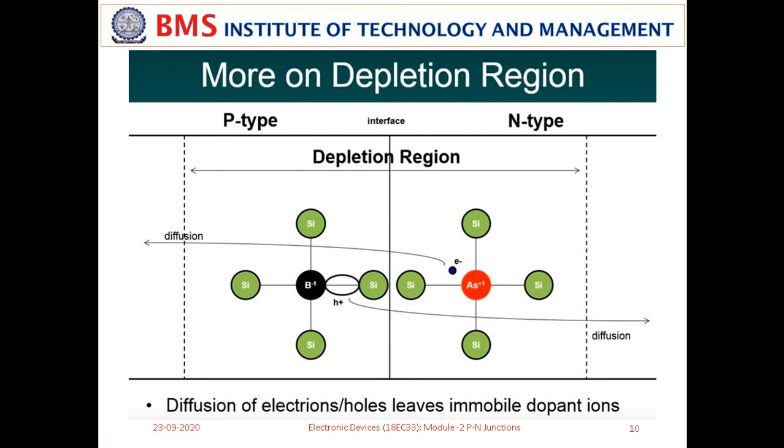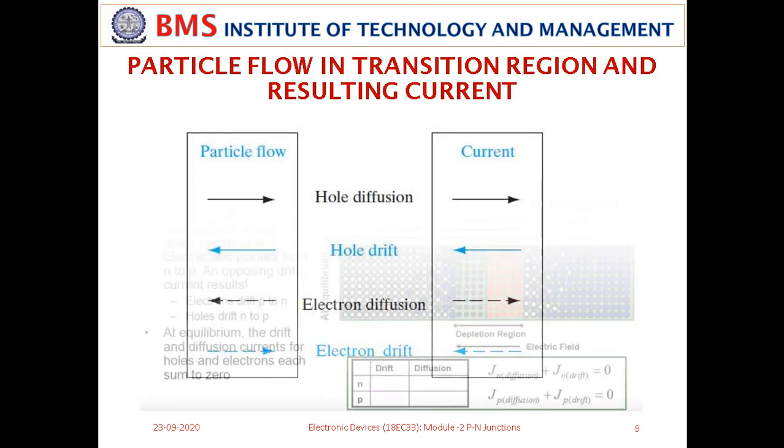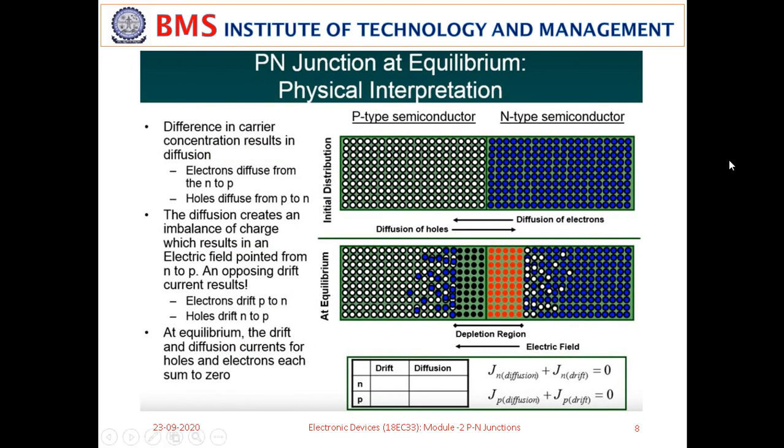Sir, one doubt, sir. That means this drift current is there, no, sir? Exactly. That is due to these minority charge carriers, sir. If you look at this diagram, could you see this diagram now? Look at this, this is the top, this n type semiconductor. You can see these blue color dots show that they are electrons, and these white color dots show that they are holes. This is initial.